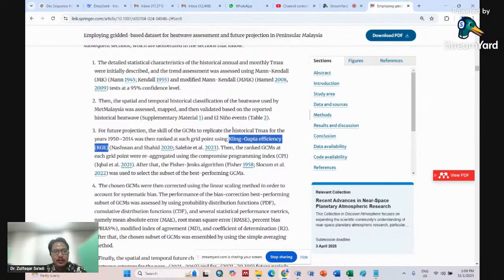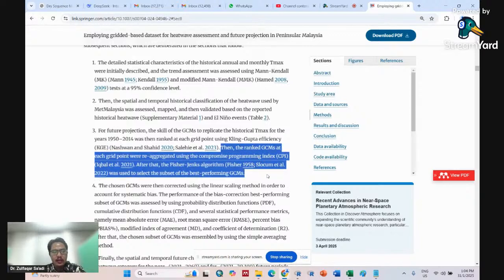So we rank the historical GCMs. We want to identify which GCM is the best, so that we can get the subset of the best GCMs. But for this tutorial, I will rank the GCMs by using KGE and then visualize it using a heatmap. We are not yet aggregating the ranks by using CPI, but